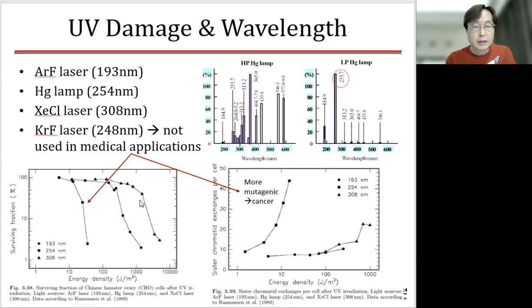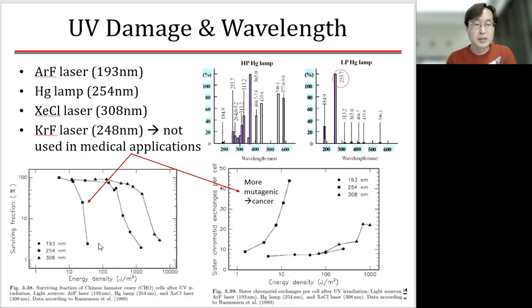Okay, and then it is also going to depend on the wavelength. So for the 254 nanometer, even with the lower energy density, the surviving fraction is much, much lower. And for the 308 nanometer, it takes a higher energy density to get the same surviving fraction compared with the 193 nanometers. So actually, this means that not